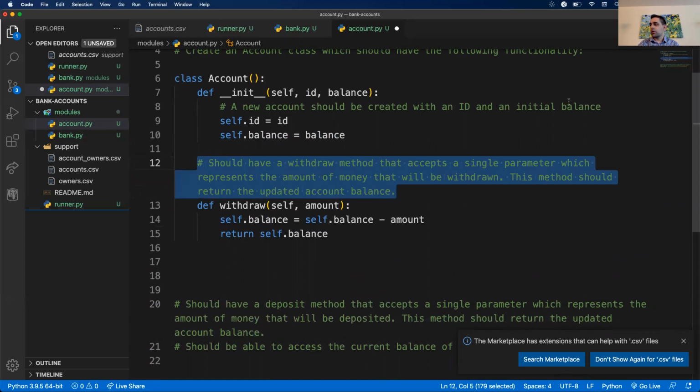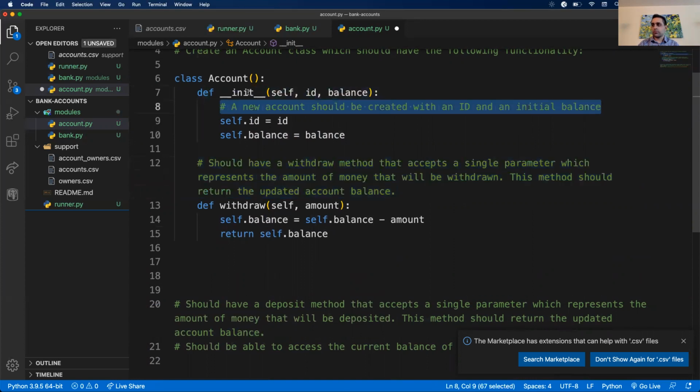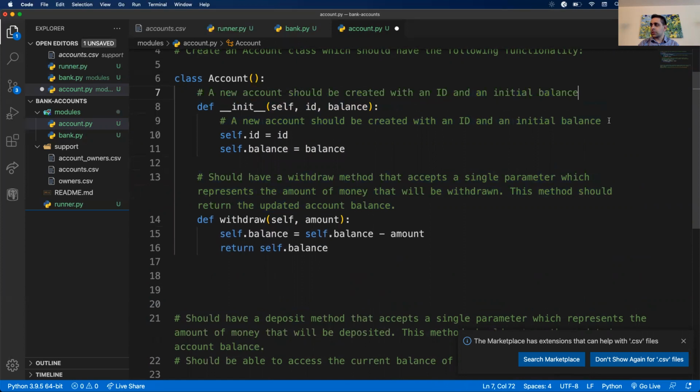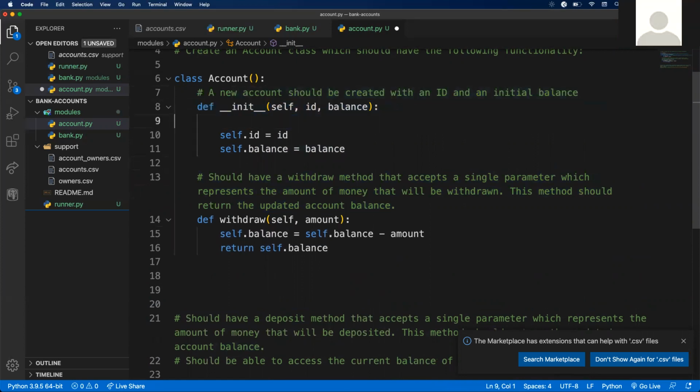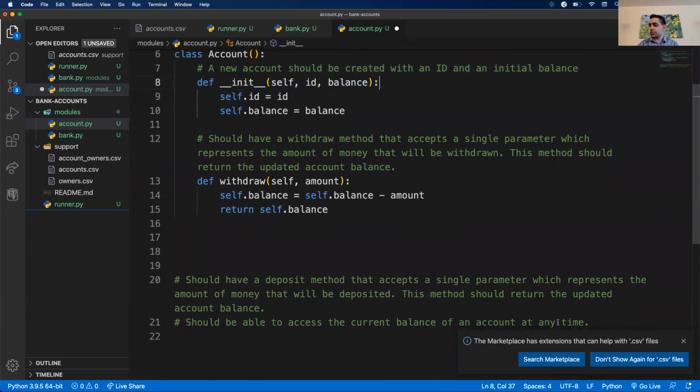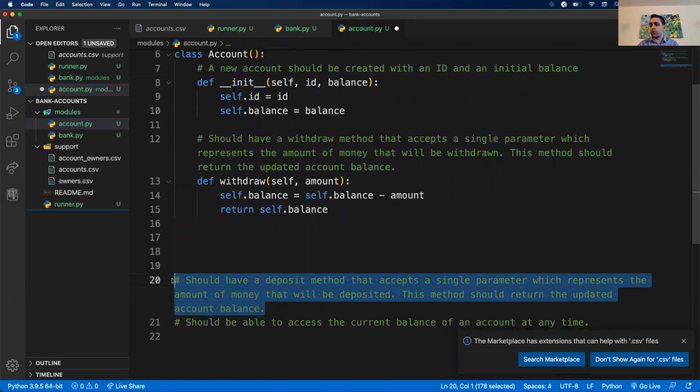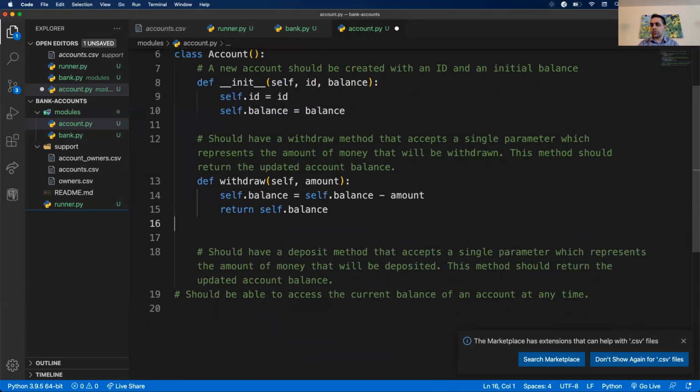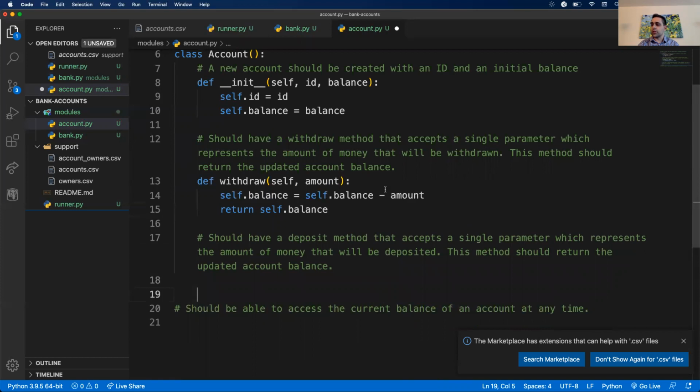You guys with me so far? I'll take that as a yes. Again, any questions, please stop me. All right, so we want a deposit method, which essentially does the same thing as withdraw, but instead it's going